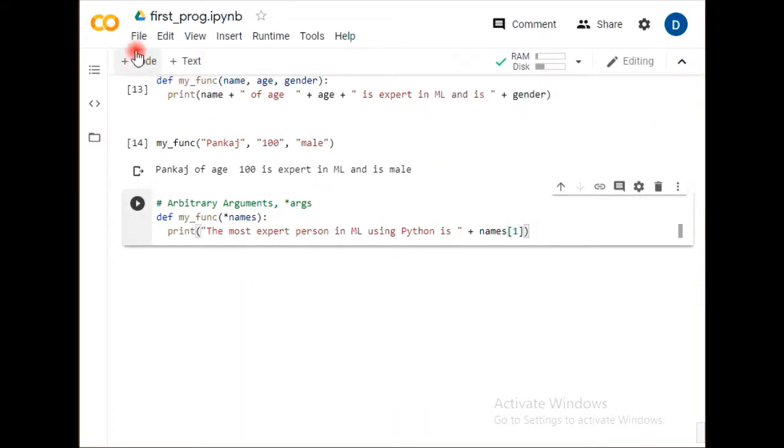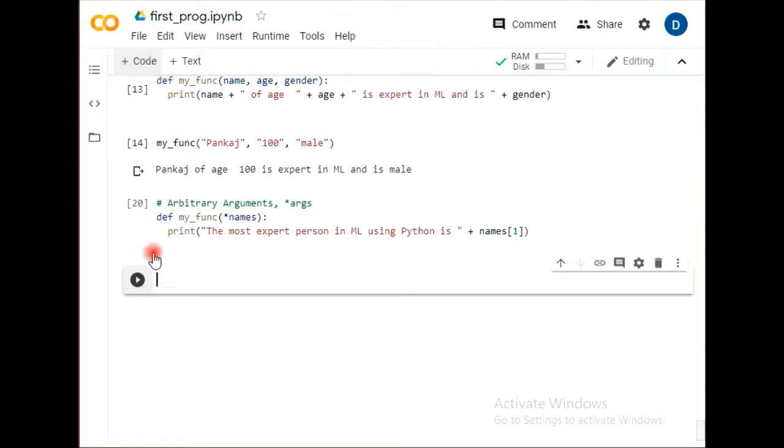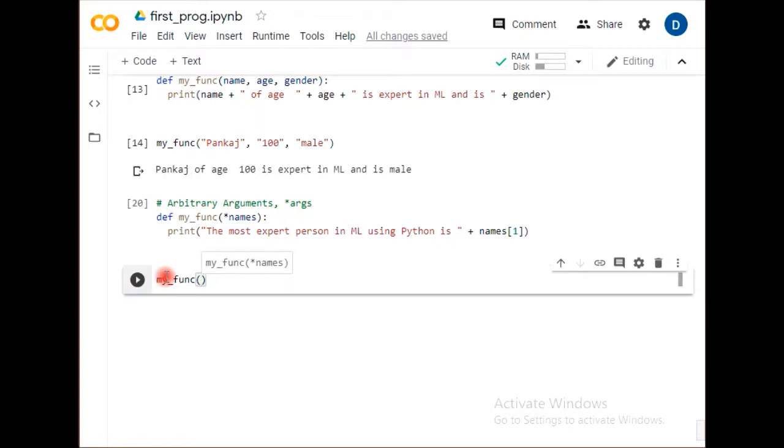Running this one, it shows no error. Now I'm going to call the function. While calling the function, I'm taking the next code line for convenience. So calling my function, and now I have given a name. Let's take a few names. First, it always starts from 0, so at the 0th position, Hulk.